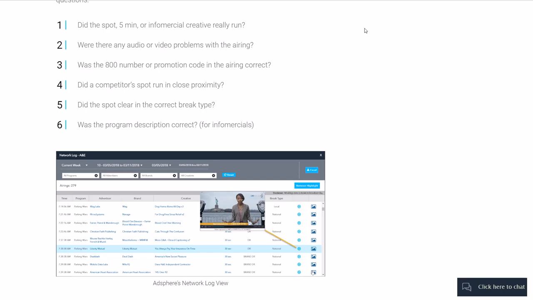Hello there. It's my pleasure to share with you some of the latest enhancements we've made to the network log view. Just as a reminder, the network log view is the one place you can go in AdSphere